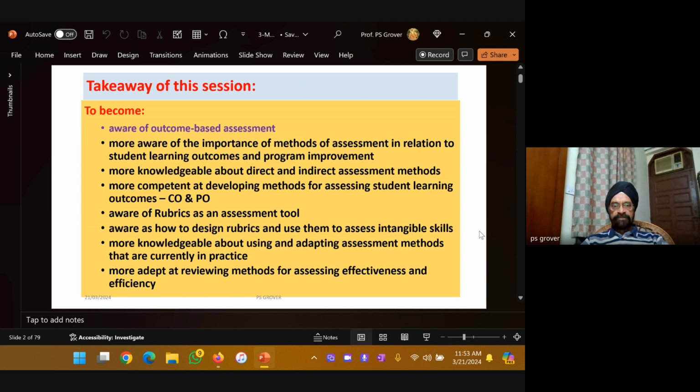Now, the takeaway of this session will be: what is outcome-based assessment? Become more aware of the importance of assessment methods in relation to student learning outcomes and program improvement. That's where I would focus on. Become more knowledgeable about direct and indirect assessment methods,